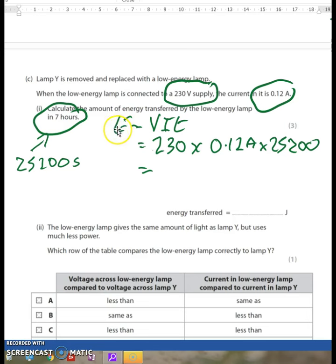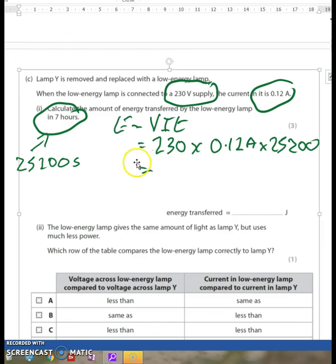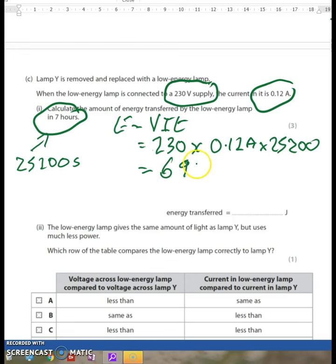So you've got your equation, E equals VIT. Now you have to substitute in the numbers. So you've got 230 volts supply, you've got 0.12 amps, and you've got your 7 hours now in seconds, 25,200, which gives you an answer of 695,520. Now this answer, joules, please units, there it is,